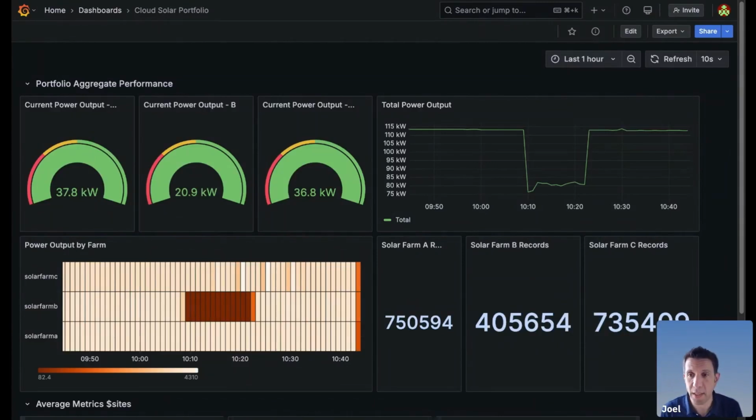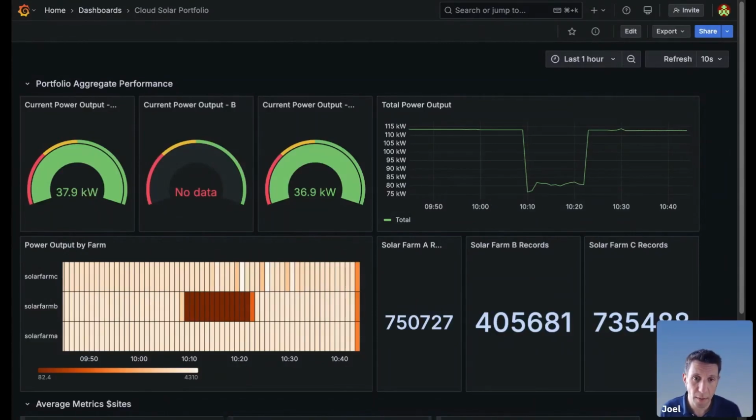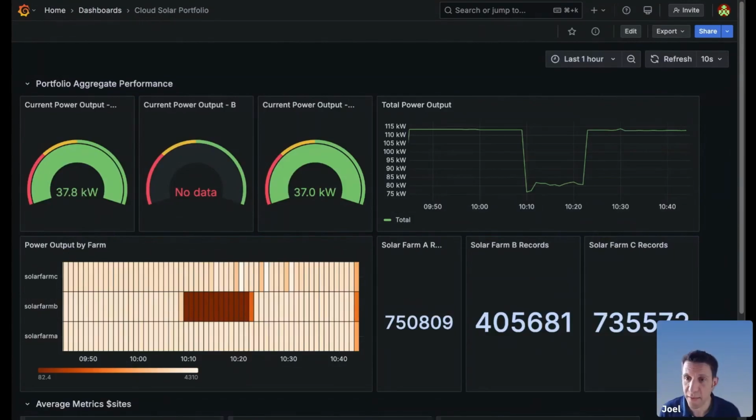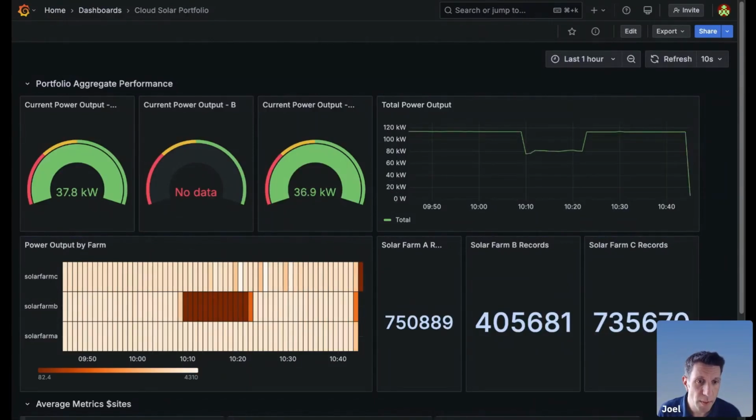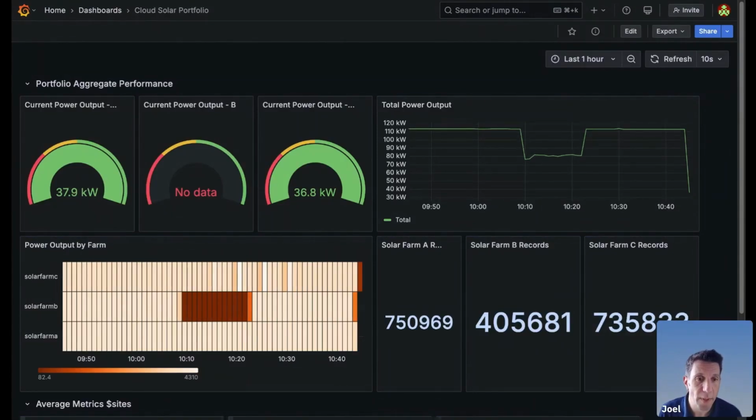And let's see what happens here on our dashboard as we see current power go to 0, as no power is being fed from Solar Farm B into the centralized cloud. This will manifest itself in a couple ways. We already saw that current power went to 0, and our heat map will also stop showing color or heat or data from Solar Farm B. And we can see here that the records for the following minute for Solar Farm A and C are filling in,